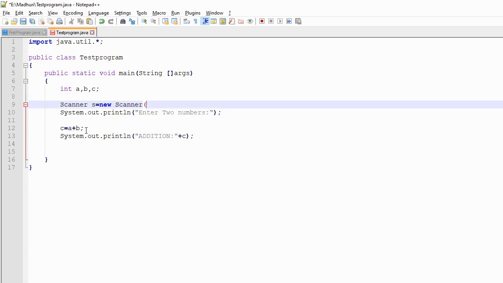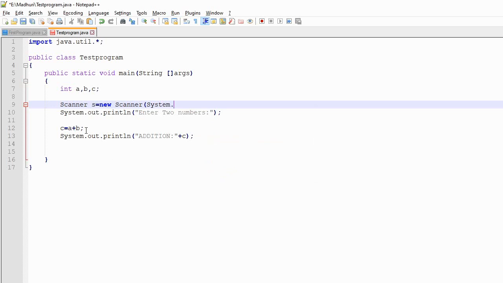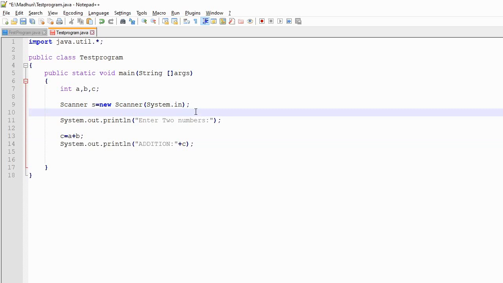Now, from where would you like to input? From that black window, which is called System.in. For displaying, you have used System.out. Out means output window, and System.in means input window.